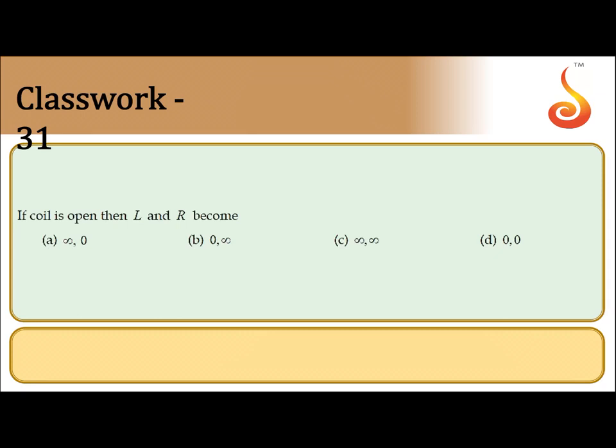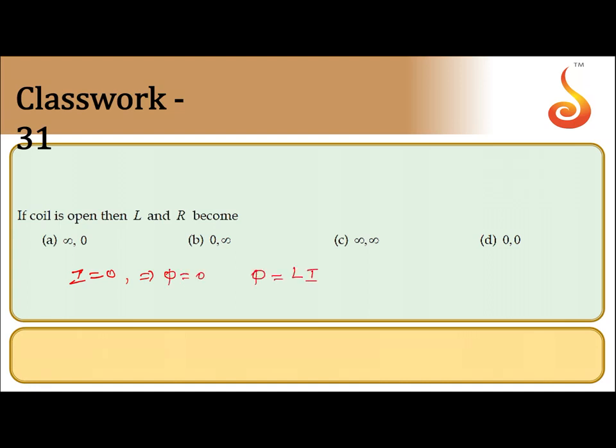If coil is open, then L and R becomes. See, when coil is open, there is no current in it. So, there will be no flux. When coil is open, current through that is 0, which implies flux will be 0. So, we know that